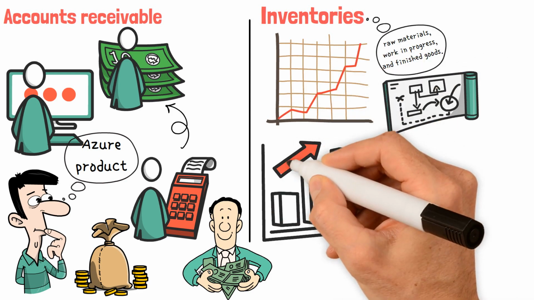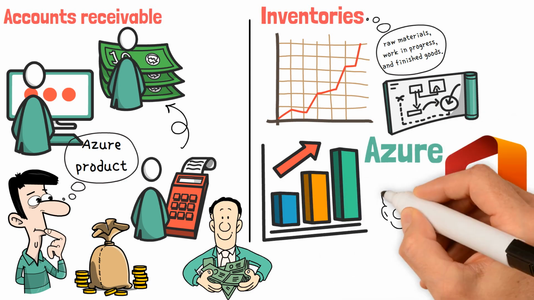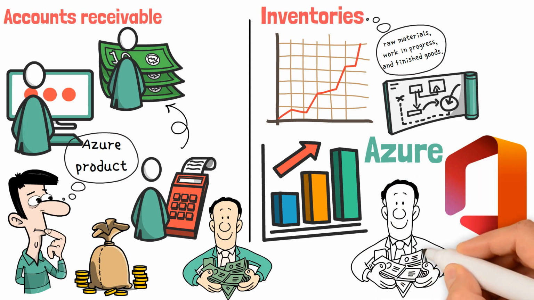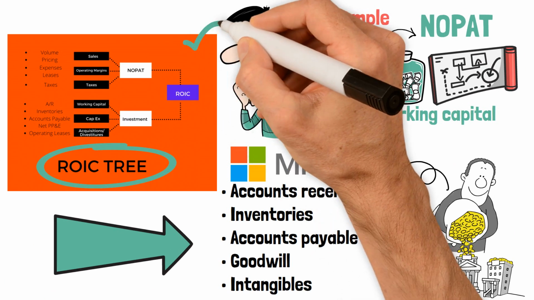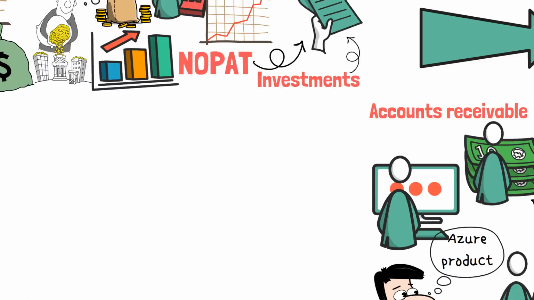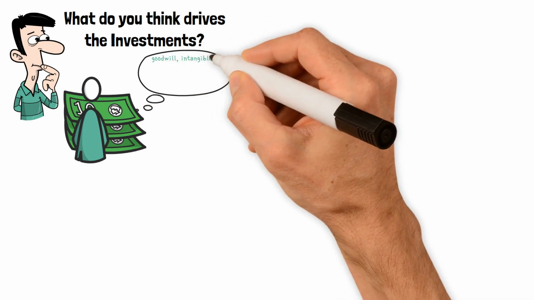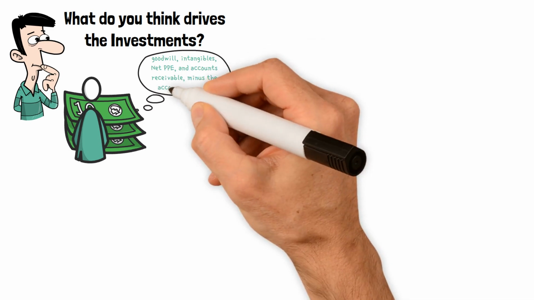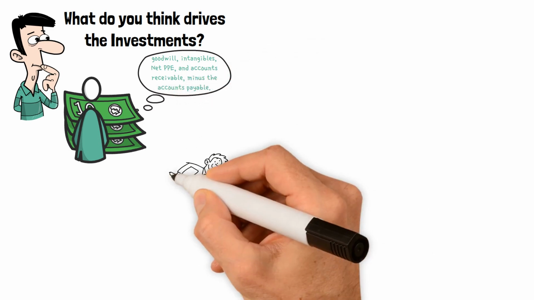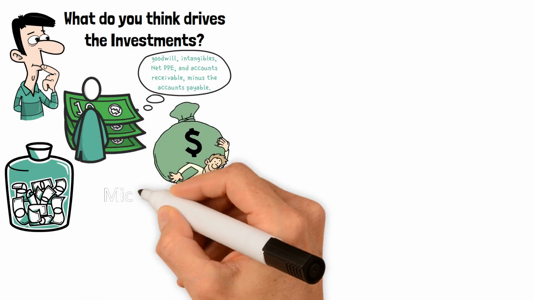Microsoft grows most of its revenues from Azure and SaaS businesses such as Office products. It doesn't require much in the way of inventories to grow revenues. Considering Microsoft's business, let's look at the list above and compare that to our ROIC tree. What do you think drives the investments? The large majority of the company's working capital contains goodwill, intangibles, net PPE, and accounts receivable, minus the accounts payable. As we can see, debt has no bearing on the working capital investments of the company,